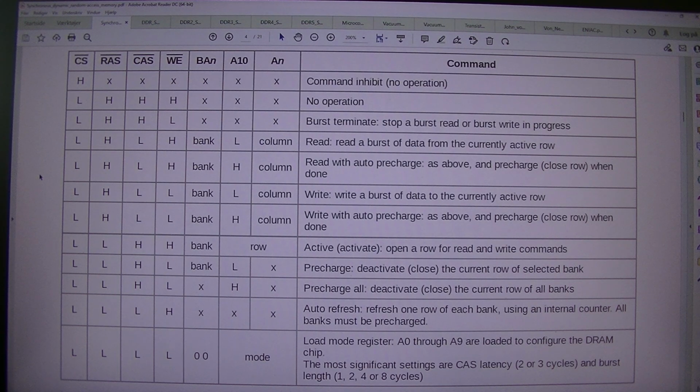Bank activate, open a row for read and write commands;